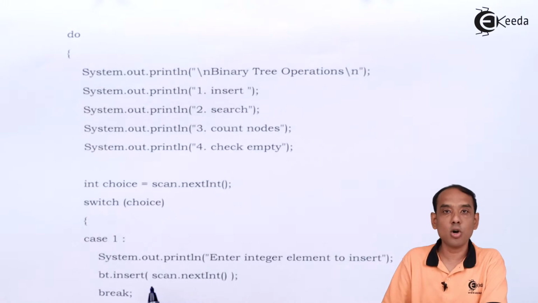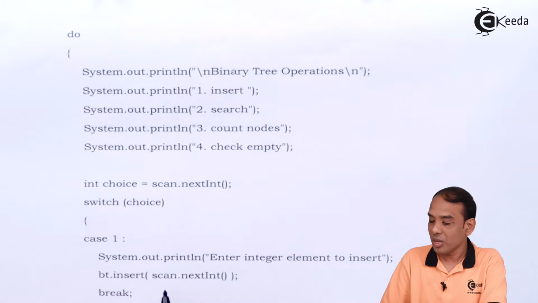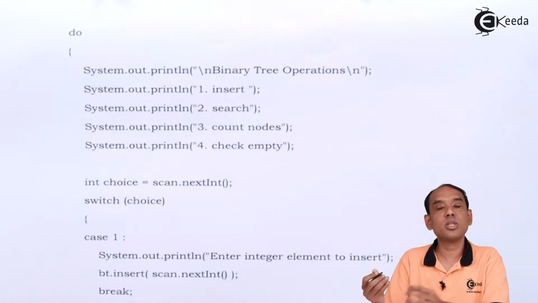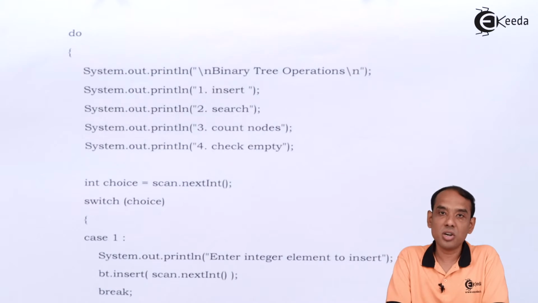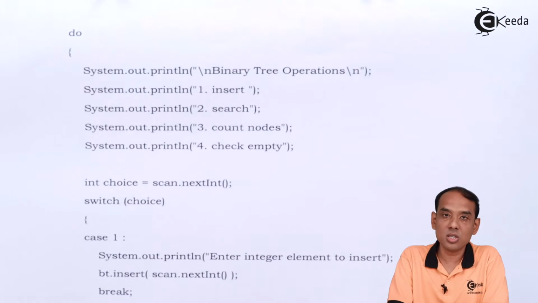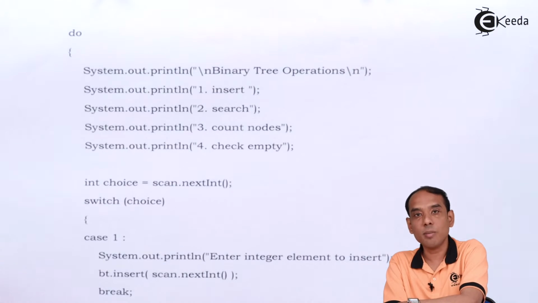Then after that, we are going to call the function called insert. We write down bt.insert(scan.nextInt()). So the user enters the value and we are going to insert it into the particular tree, that is your binary tree. Once this is done, case number 1 is done, then we move to case number 2, which is